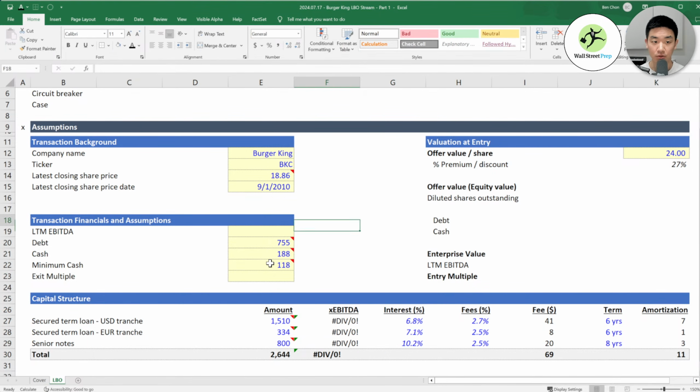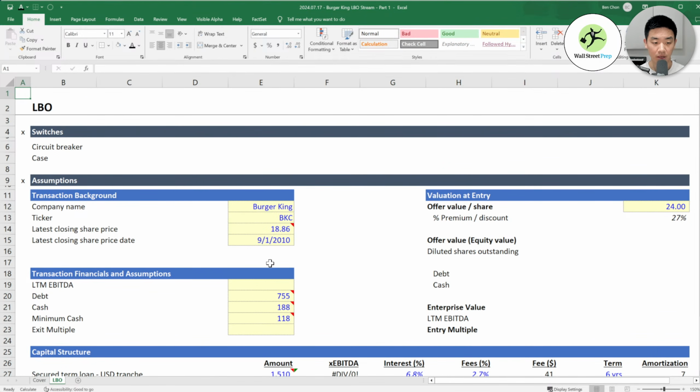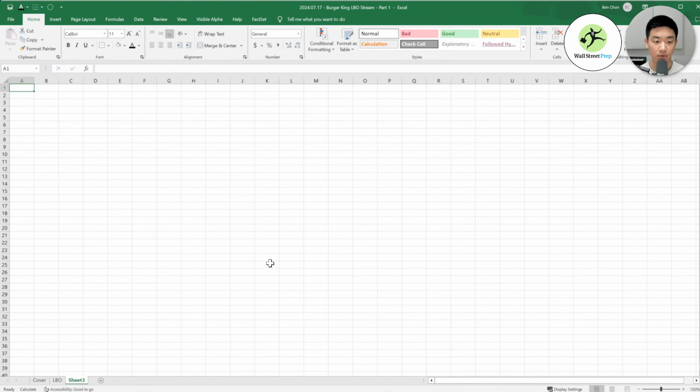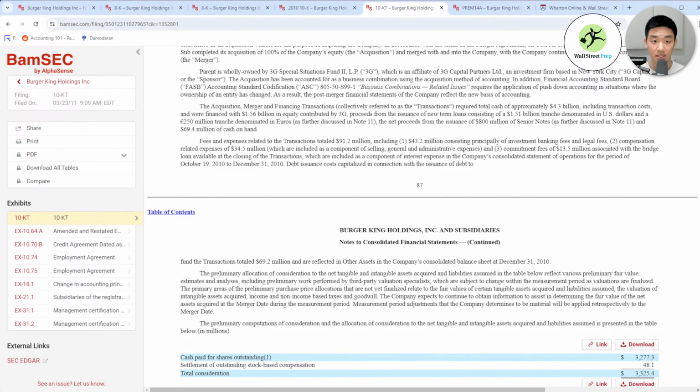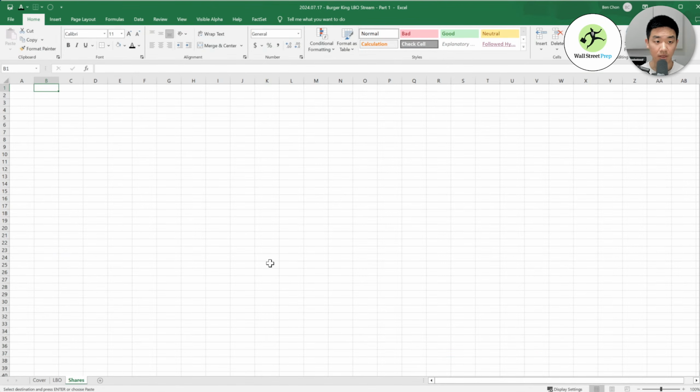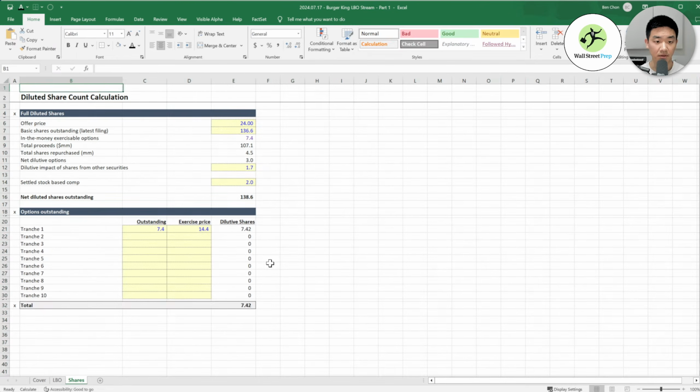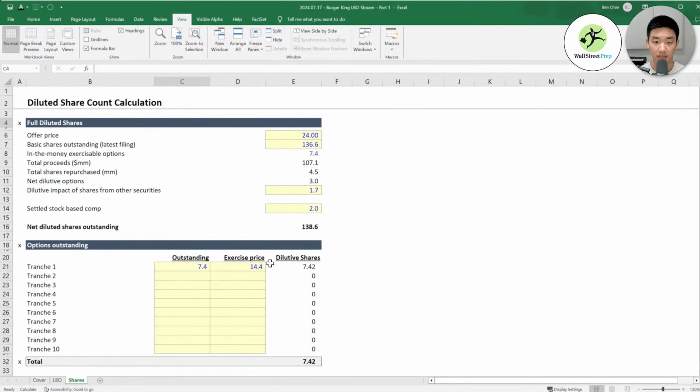I think what I want to do next is build out a lot of what's up here. And to do that, we're going to need to build out our diluted share count. So something again that we haven't done before. We're going to call this shares. And I'm actually going to take from the model that I built instead of recreating all this and also explain what everything is. And then technically, since you'll have this model, you can build everything out on your own as well, if you'd like.